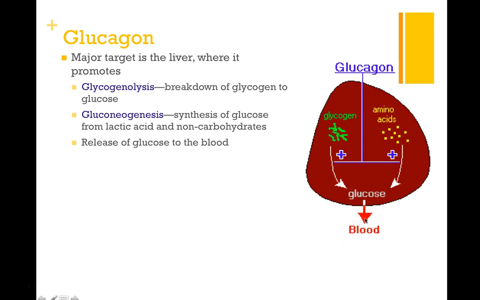And we also have gluconeogenesis, which will take substances that we typically wouldn't use to create glucose, so something like amino acids, and create glucose and then secrete it into our blood,